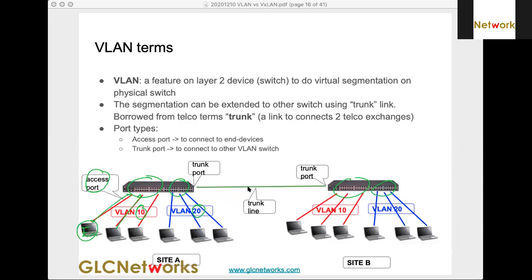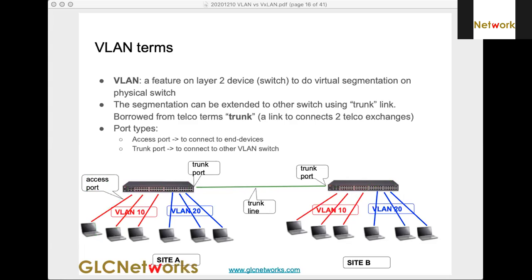Trunk is borrowed from the telco term, where trunk means a connection between two central offices. So this is the trunk, the one in the middle. They are not connected directly to the end device, they just connect two switches. So we just borrow the term and use it.